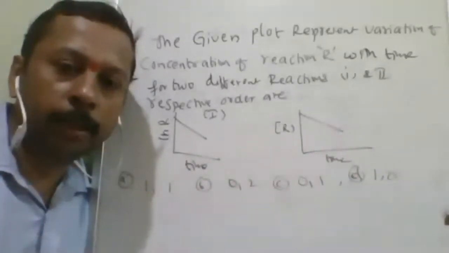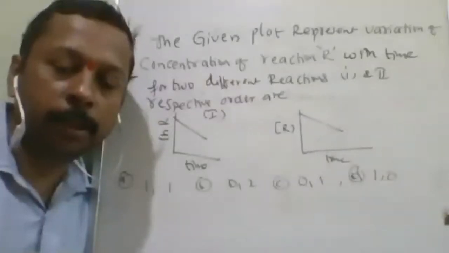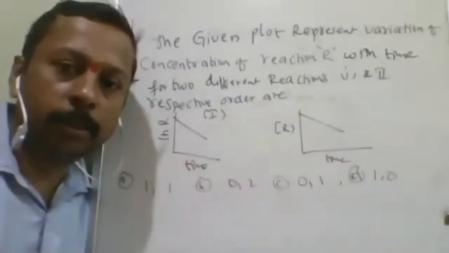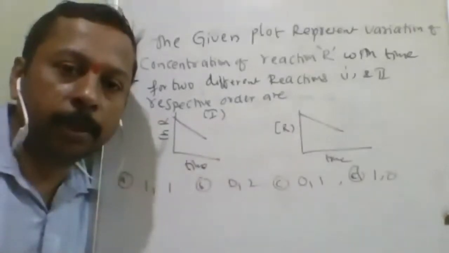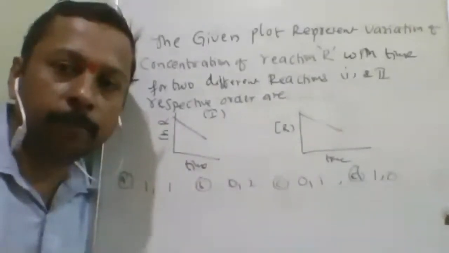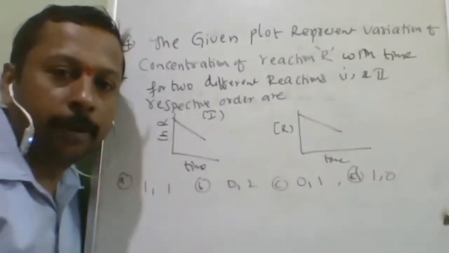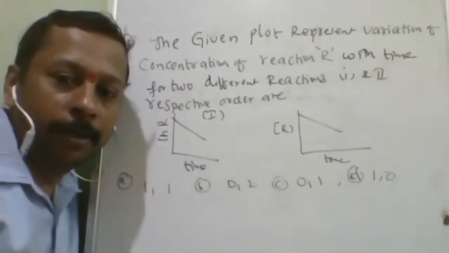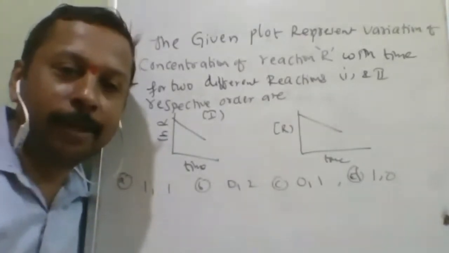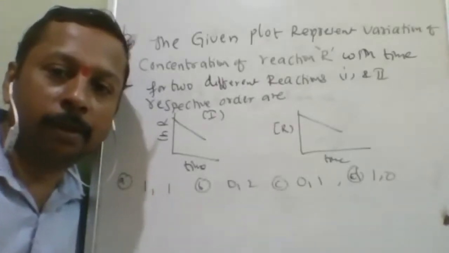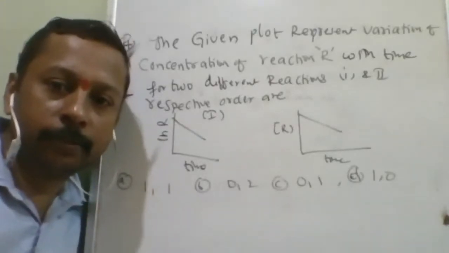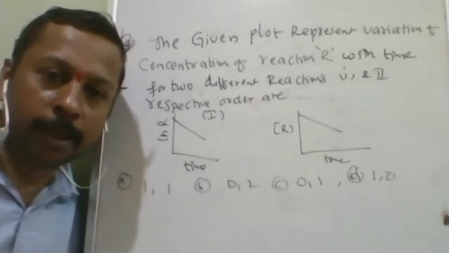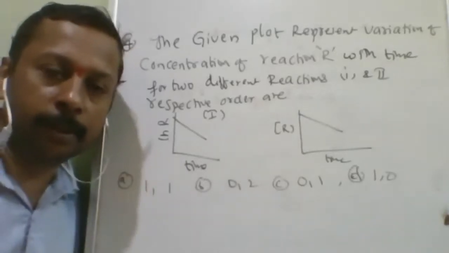You can try, and I will wait for your answer. Then I will explain, for those who are not able to answer, or those who are able to answer but some things may not be known properly. With a single word, I will tell you the technique. In the world, only the first order reaction requires log. Zero order reaction does not require log, second order reaction does not require log.